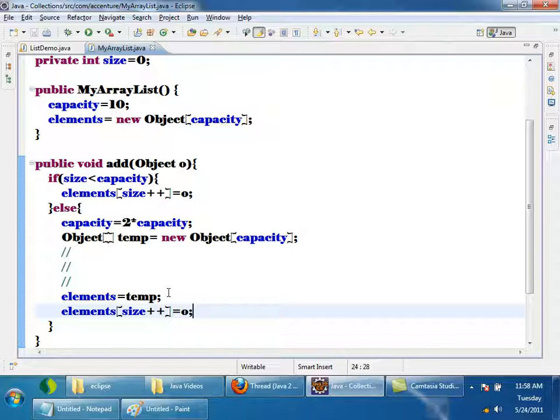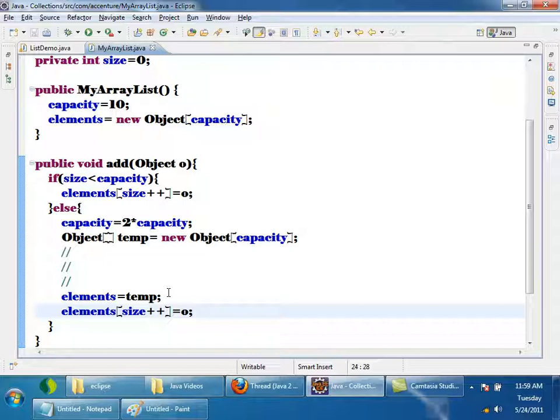But actually, tell me, is the array growing dynamically? It is growing. This logic makes us feel as if it is growing dynamically. This object is not growing. Once the array size is declared, this object is not growing. What we are doing is creating another object and making elements point to this. So the logic makes us feel that the array is growing dynamically, but nothing can grow dynamically.